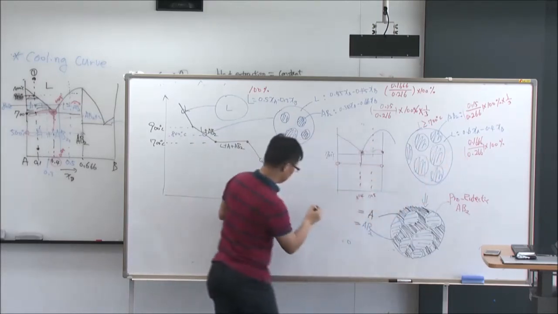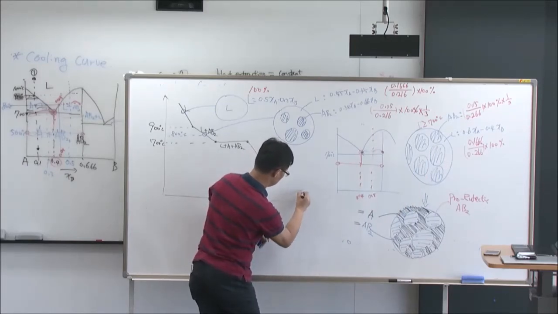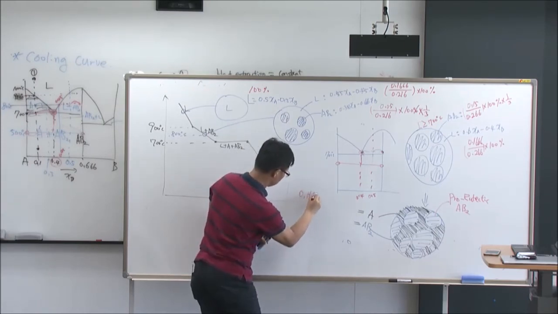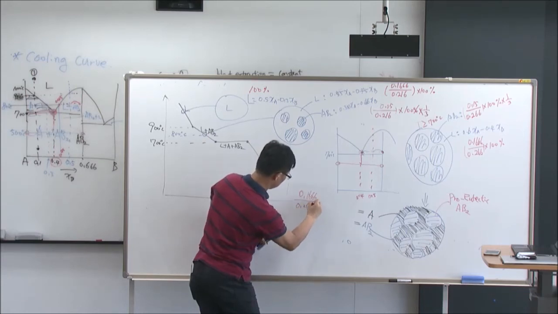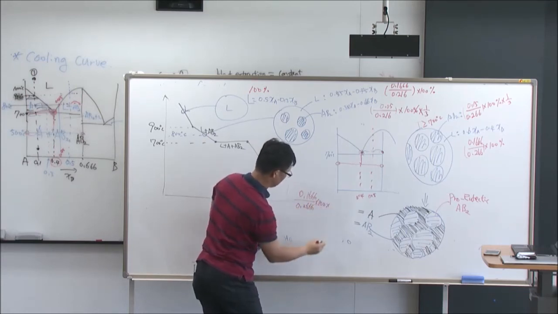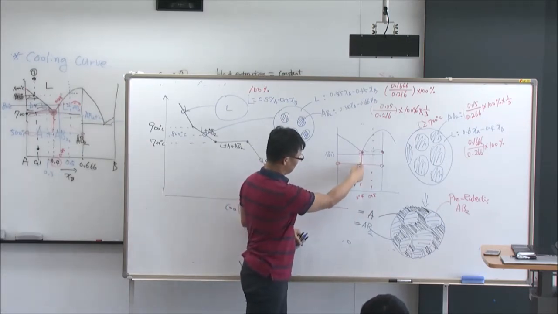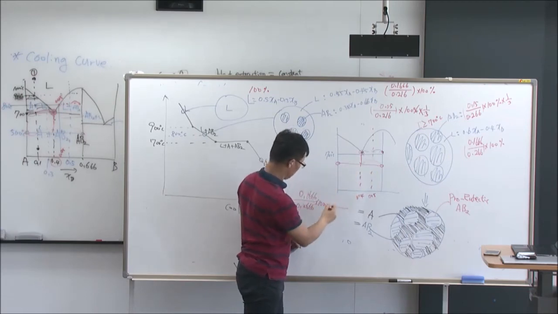So the liquid amount was 0.1666 divided by 0.2666 times 100, now the fraction of A phase here, from this liquid A and AB2, so A is this amount divided by the entire length. So 0.4,